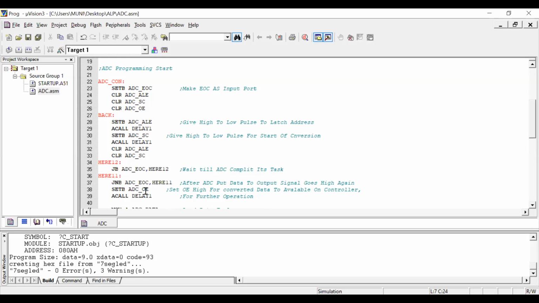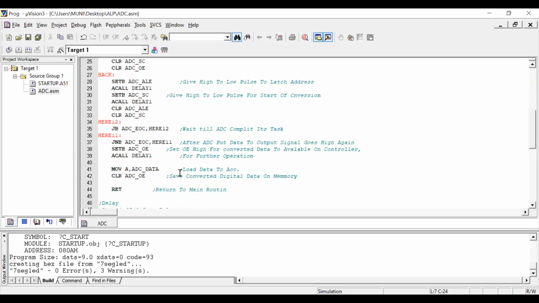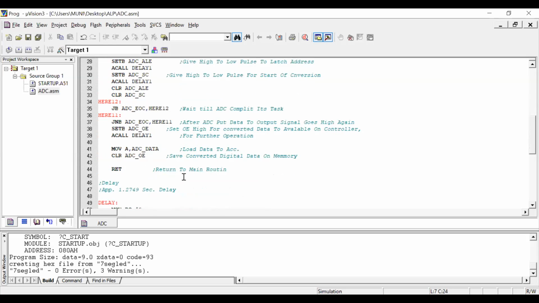Next, set output enable high for the converted data to be available on the controller. For further operation, call delay, and then load data into the accumulator.